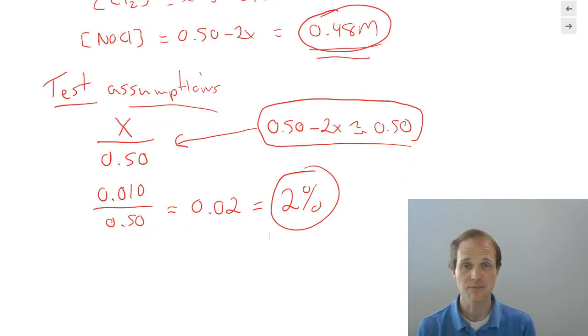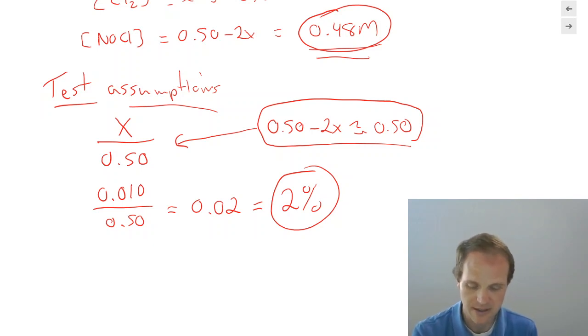And it depends on the problem. I mean, if you're trying to do something extraordinarily precise, then 2%, that's probably not good. But it turns out in these kind of problems, a 2% difference in that makes very little difference in the final answer. You could go ahead if you want to, go ahead and plug this equation back into like Wolfram Alpha or something like that and see what answer it gives you. It's not going to give you exactly 0.010, but it's going to give you something awfully darn close to that. And to a couple significant figures, we're probably not even going to notice the difference between the exact solution and our assumption solution.